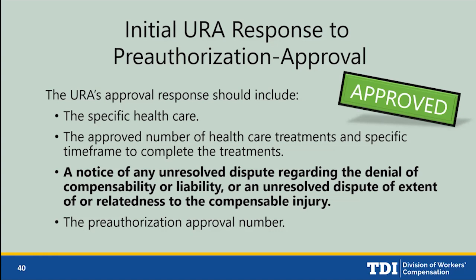And this is important, especially to those people in your office that are receiving the approvals for pre-authorization. Read them very carefully, because this might be the only opportunity that you get to find out ahead of time that there is an outstanding dispute on extent of injury or relatedness. So read it carefully. We're going to be covering compensability, extent of injury, relatedness, and how to go through those disputes in future boot camps. So please attend those.